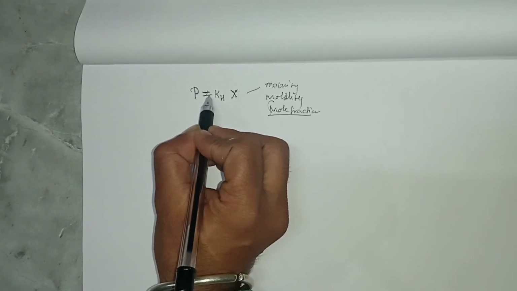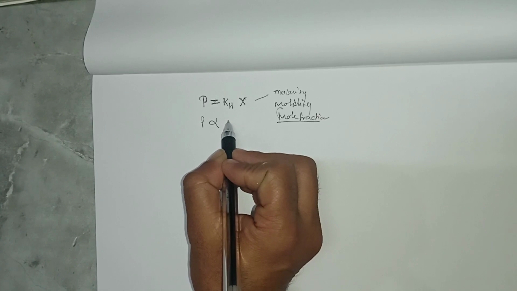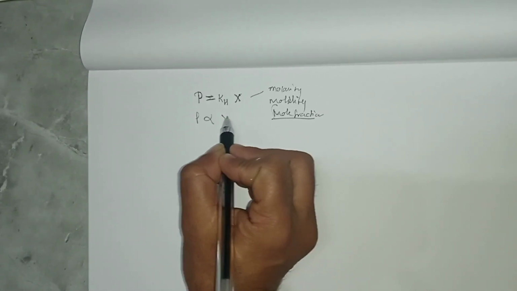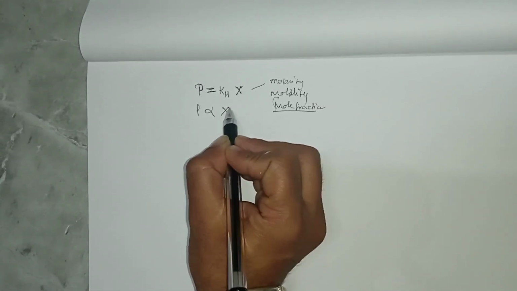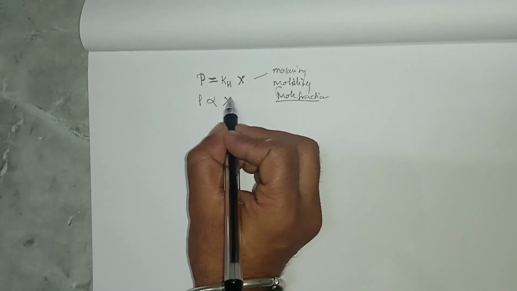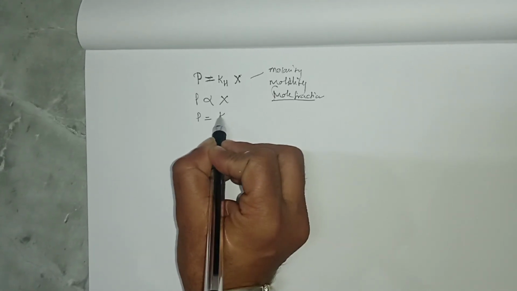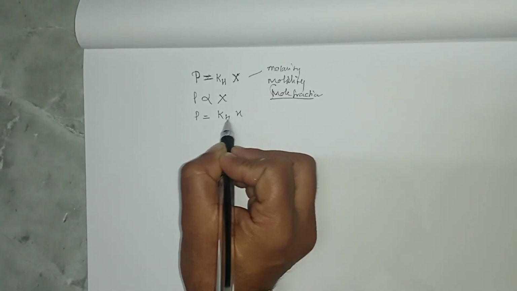Henry's law states that pressure is directly proportional to the mole fraction of the solute, or P is equal to KH X, where KH is